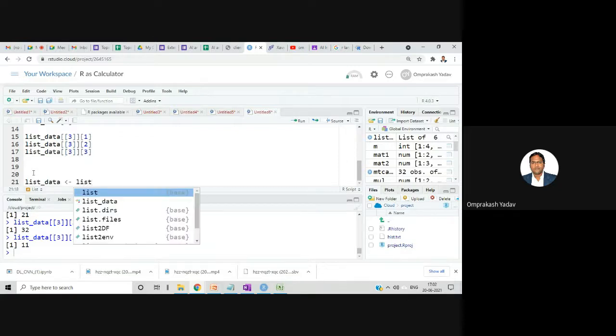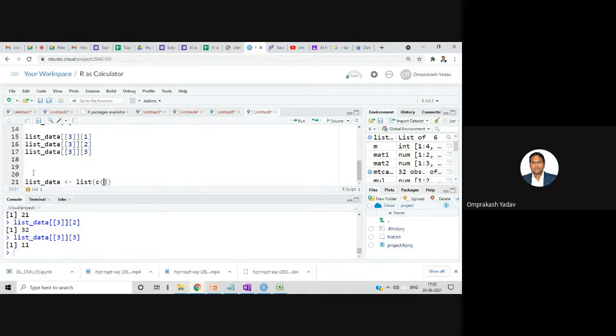List. Let's create first a vector of Jan, Feb, March. So this is my one vector. And this is a character vector.